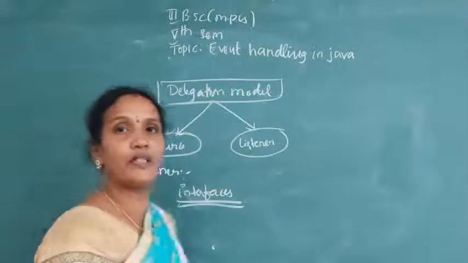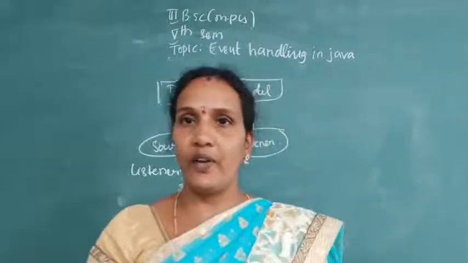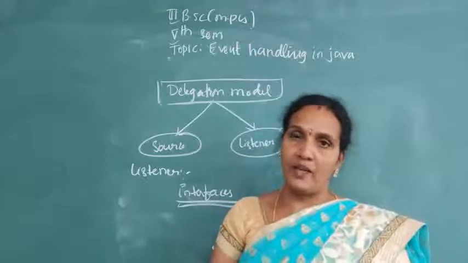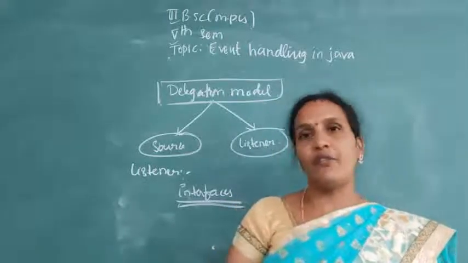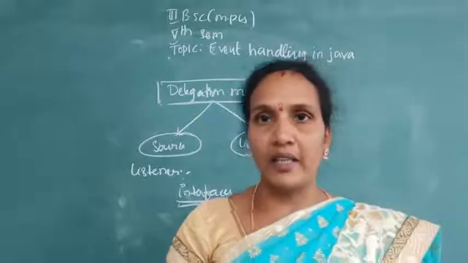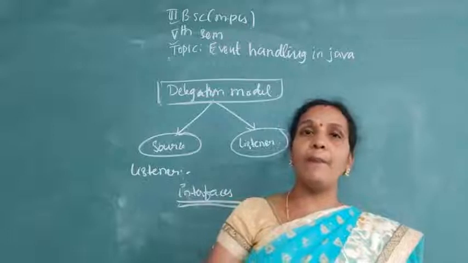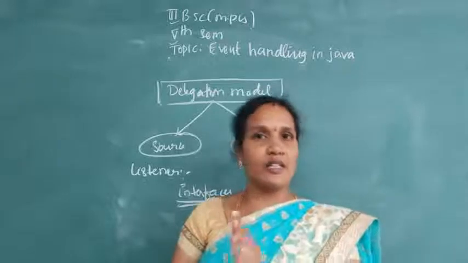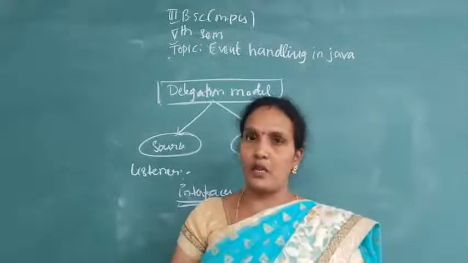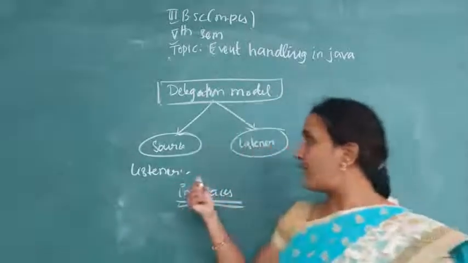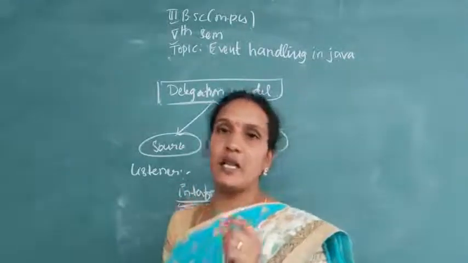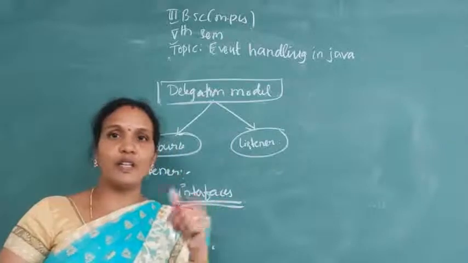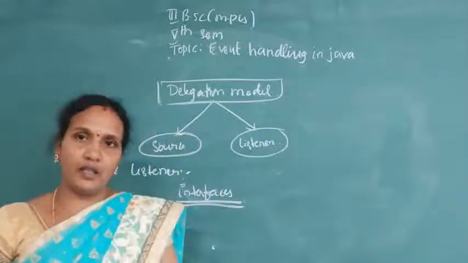I think you all know interfaces, right? Interfaces were already completed offline. Interfaces are nothing but methods which contain only the declaration, not the definition. That definition is given by the child classes or derived classes, whoever is implementing those interfaces. Understood? So events are generated from the source, and those events are handled by the listeners. These listeners are all interfaces, and they should be implemented by the class that is using them.